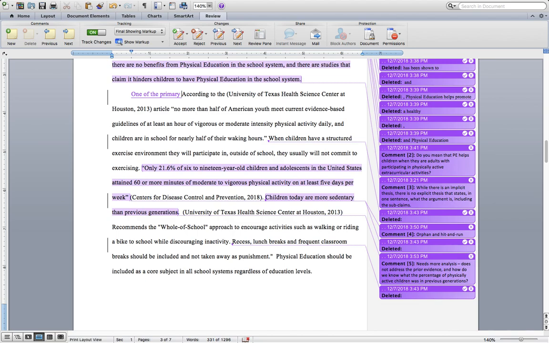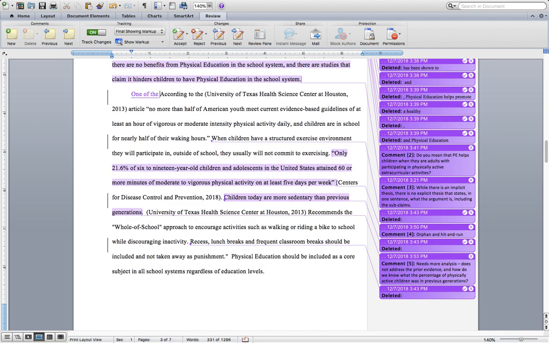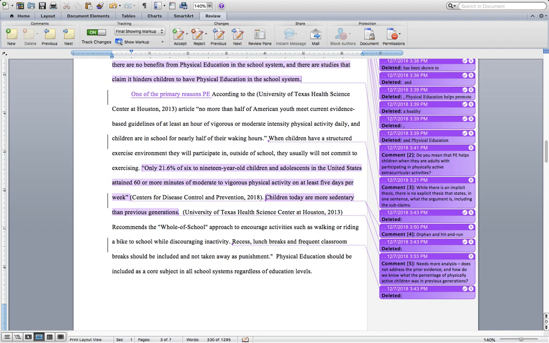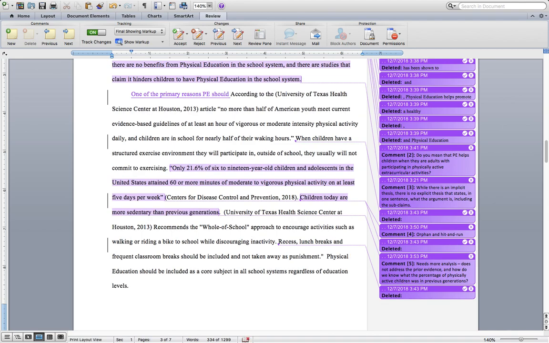So one of the primary, not even primary, well, it could be, one of the primary reasons PE should, and I'm going to say X, because I don't know what the controversy is, like that idea of if physical education PE programs are being turned into electives, if they're not getting funded, right, where the X is, that needs to explicitly address the opposition. But one of the primary reasons PE should, right, not be considered an elective, for example, if that was the argument,